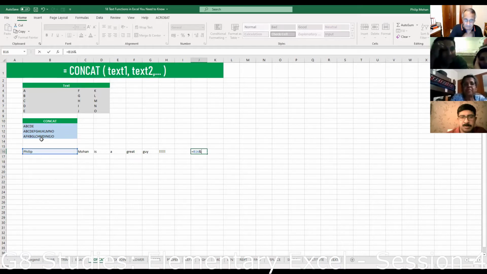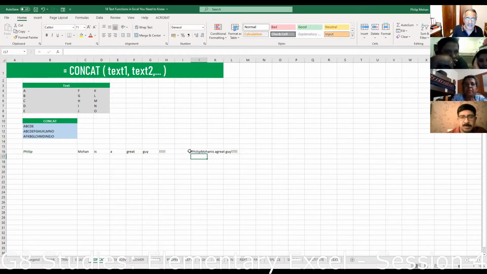Then Mohan, and then I add the ampersand for each cell. That's it. What happens is I didn't cater for the spaces in between.